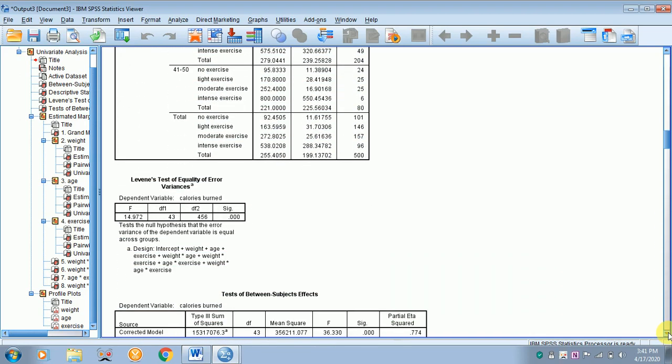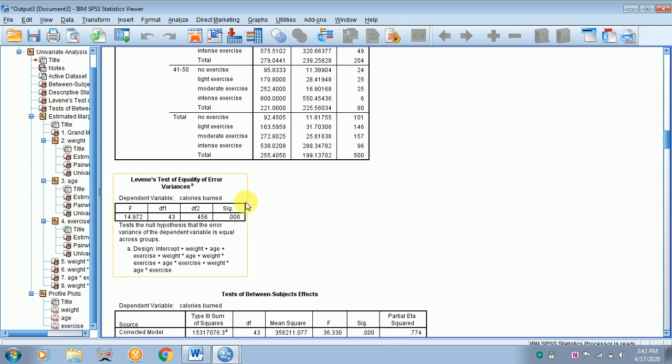The first part is the Levene's test of equality of error variance. So you find that the sig value is less than 0.05. So the homogeneity of variance is violated. In your research work, your sig value should be greater than 0.05 for the assumption of homogeneity.